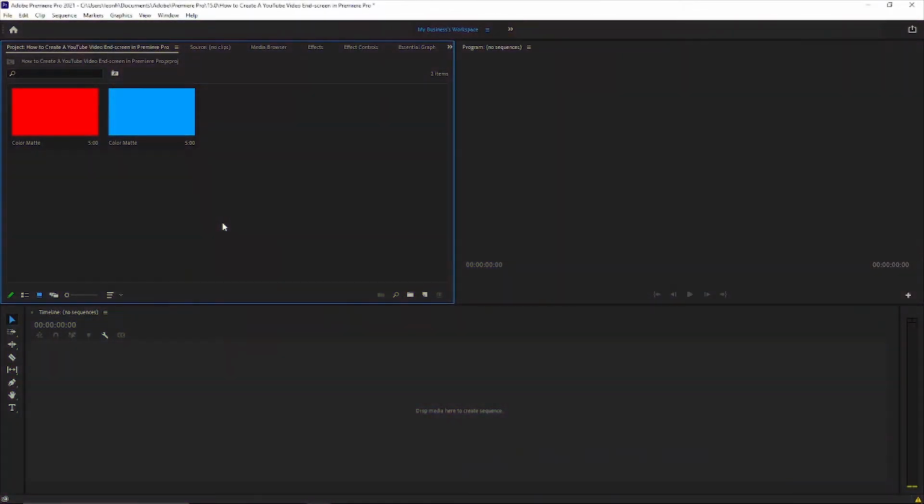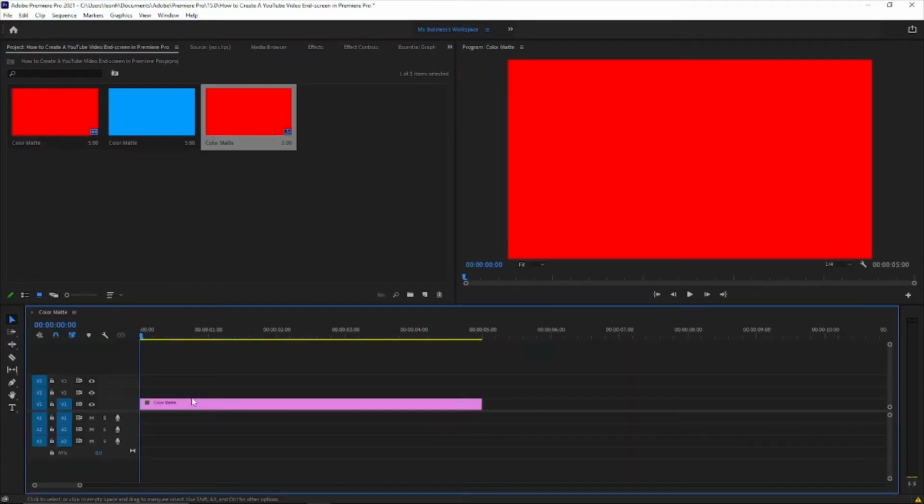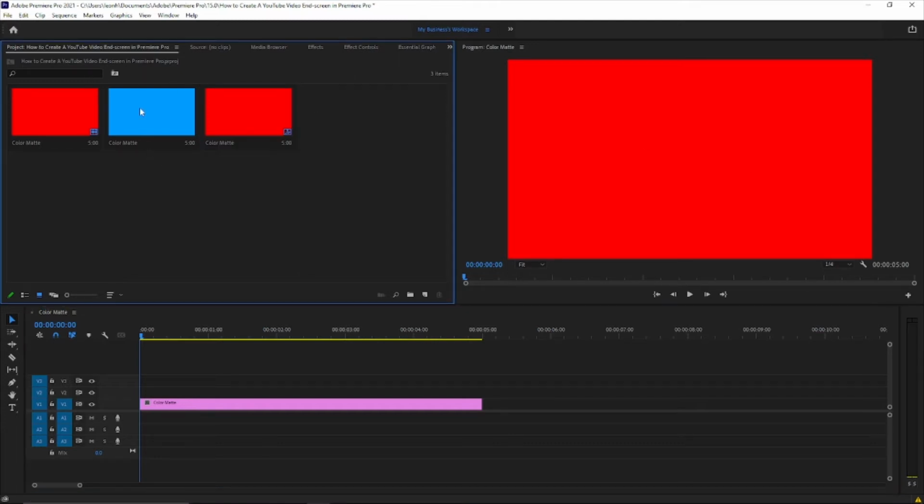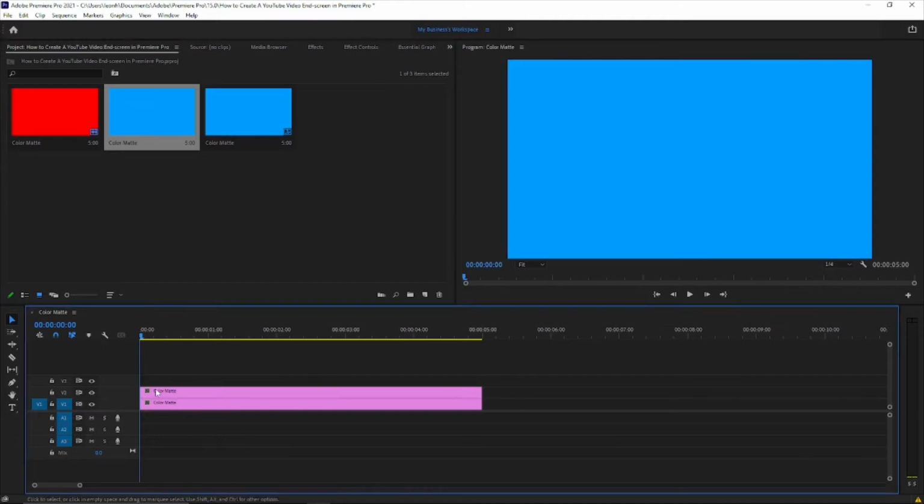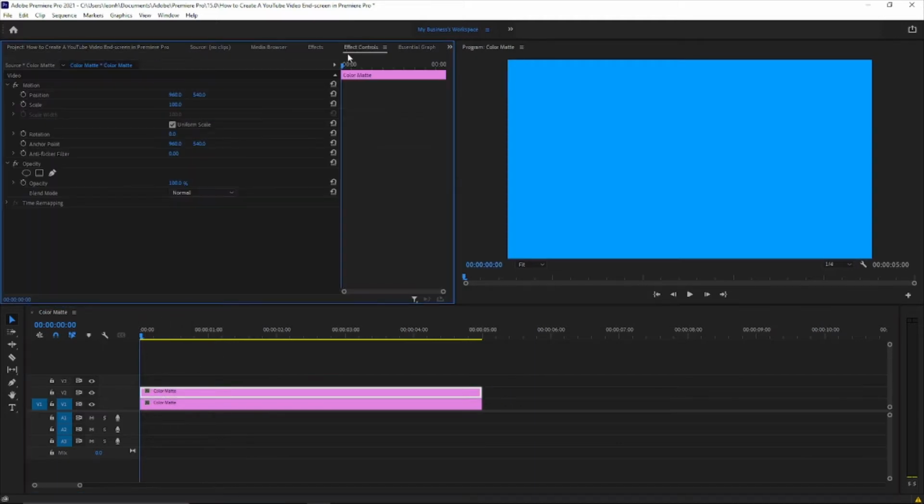Alright everybody, so as you can see Premiere Pro is loaded up, and what you want to do is create these two color mats, doesn't matter what color you choose, and essentially just drag it onto the timeline. Now we got the red layer, right? So what you want to do now is essentially just drag this one as well, but with this blue layer